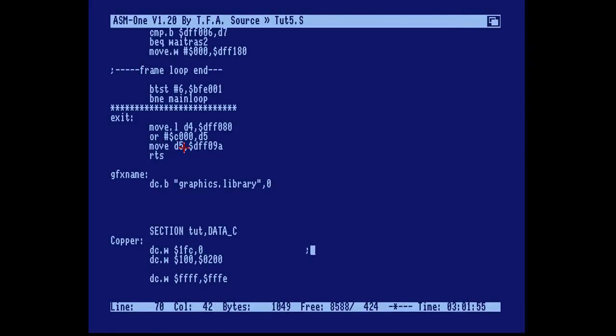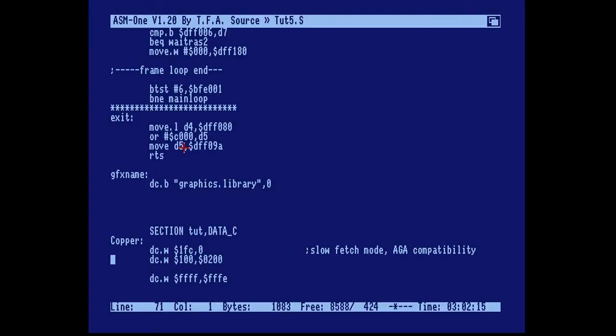This sets slow fetch mode for AGA compatibility. So this should really be the first instruction of any of your copper lists,